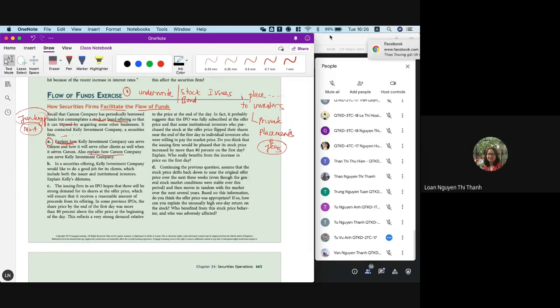Of course, right? Very simple. Now let's think about it. Kelly offers services to the Carson, and in return, the Carson pays fees, pays money for Kelly. Is that true? Yes. Pay the fee, pay the premium,